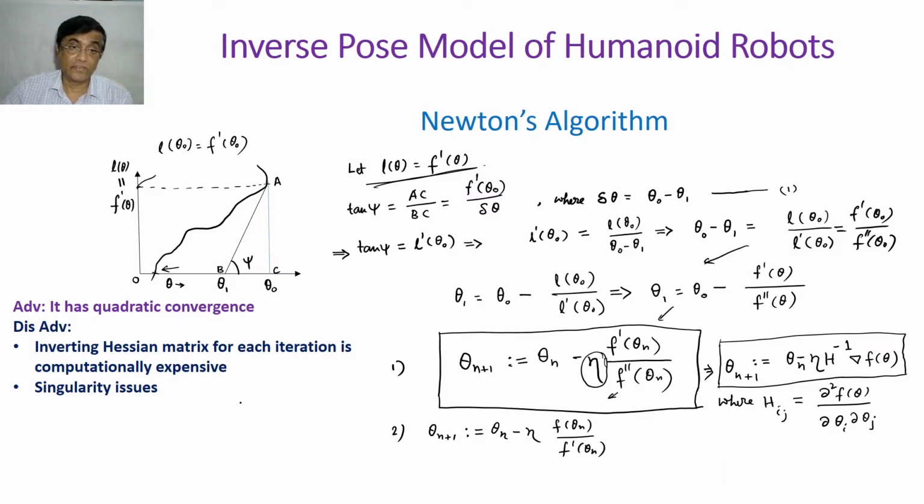So we'll have to check for some configurations. The manipulator or the function may be singular, meaning the n cross n matrix may not be of full rank, meaning some rows or some columns are dependent. Then the determinant will be 0 and the inversion will not exist. That's why we have given one factor. In those situations, we can make it 0 so that you can discard those values, and meanwhile run iterations so that you can come out from those parameters for which the matrix is becoming singular, and then you run the algorithm, right? So these are the two major issues with